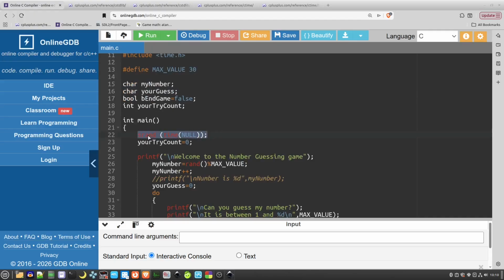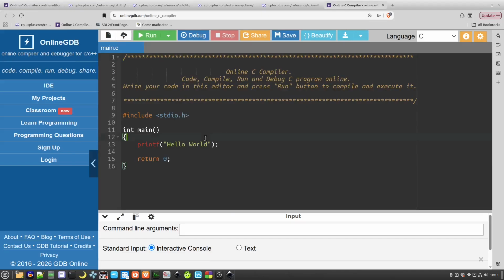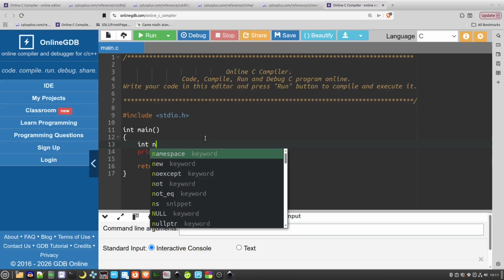So this initializes internally in the program the random number generator. Once it's been initialized, you can use this command here, the rand command. This brings me on to this symbol here now. So if I open another instance of this here, this symbol, when it comes to maths here,